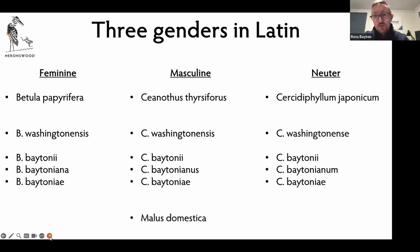But look a little further down and you will see some that do change. So baytoniana, baytonianus, baytonianum. In this case, the plant is still named after me, but they've used an adjective instead of a possessive. So baytoniana effectively means the Baytonian birch, the Baytonian lilac, the Baytonian katsura. And because it's an adjective, it has to change with the genus. And so you can see end in A, end in US, ending in UM. Last but not least,